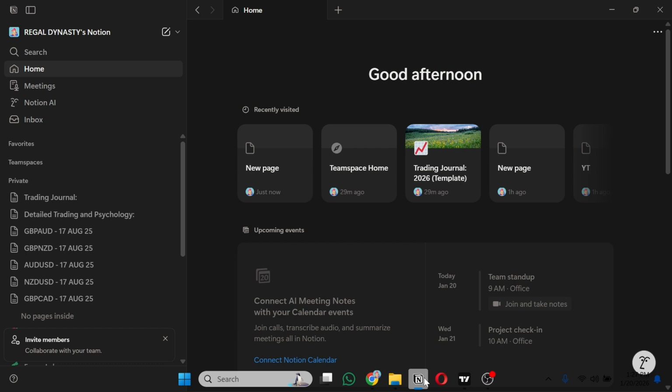What I'm going to do is go to my Notion and show you guys how to create a simple journal so that you can use it to log your trading in this 2026. Looking at the screen, you can see that this is the home screen of my own Notion. To start off with this template, we're going to go to your private or any other place,